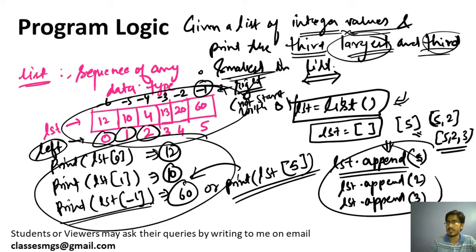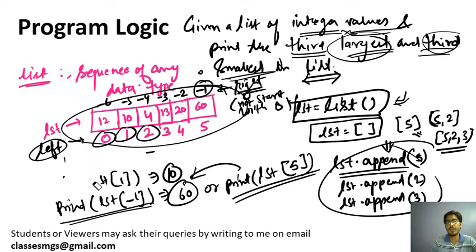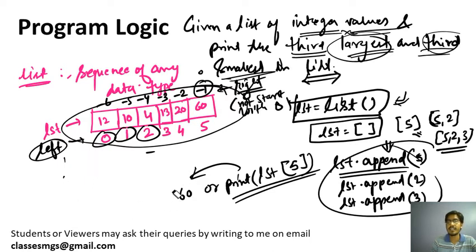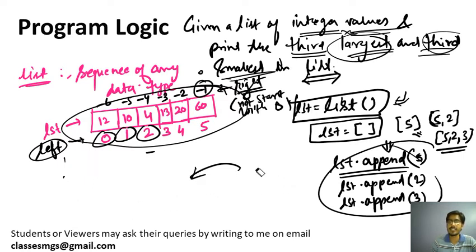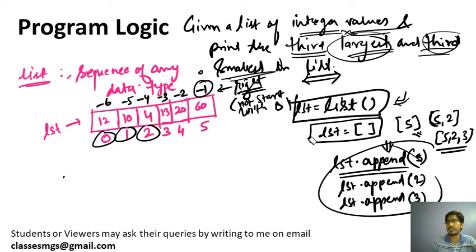Okay, so let me rub off some portion, so that now you know how to access, how to create the list, how to insert the element into the list. Now you can take the elements from the user and insert into any list. Let's suppose you can use the for loop to insert into the list. We will discuss in the code. Now let's suppose this is the list that the user has entered the values in, like this.